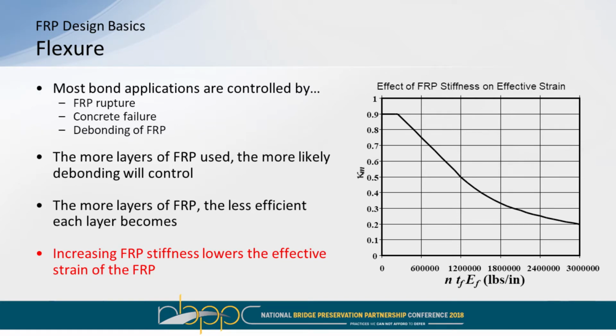Well, there are two types of applications with FRPs. There are what are known as bond critical applications, where the FRP has to be well bonded to the concrete for it to work. If it's not well bonded, it's not going to function. Then there are contact critical applications, like wrapping a column, where it doesn't have to be bonded. It has to be in intimate contact for it to work. You can't have gaps and things like that. Now with bond critical applications,